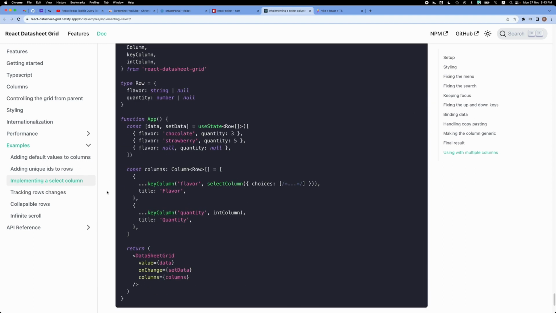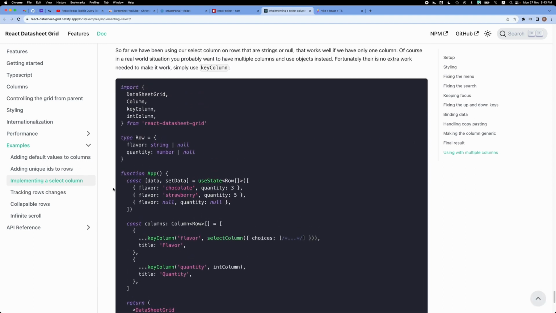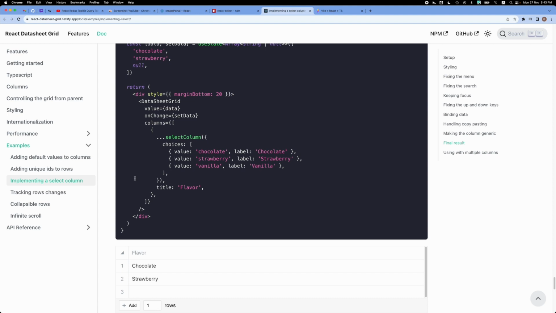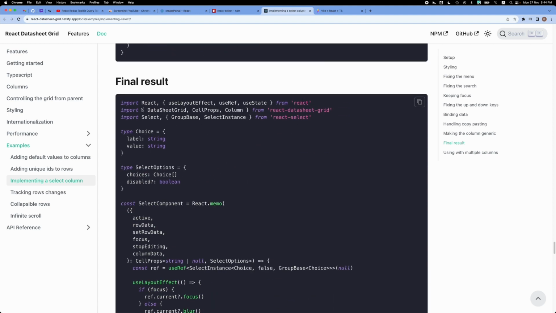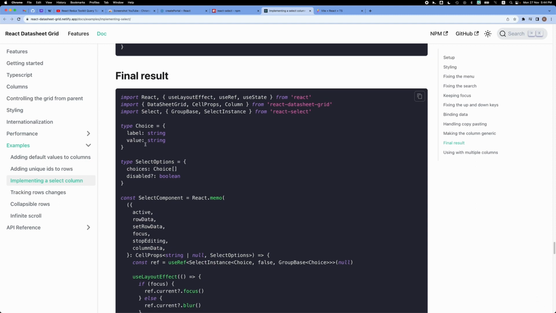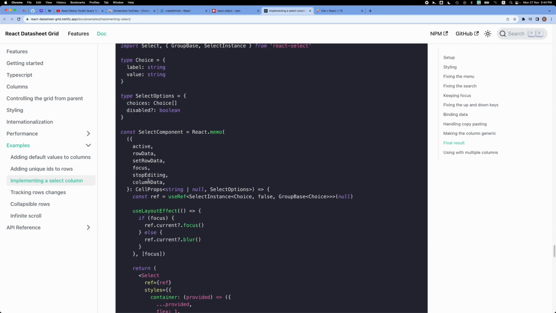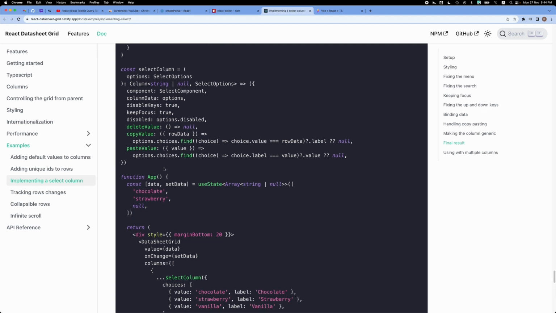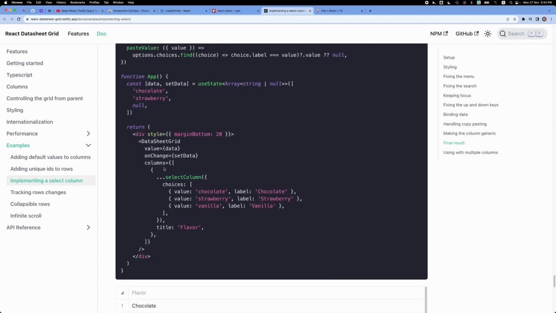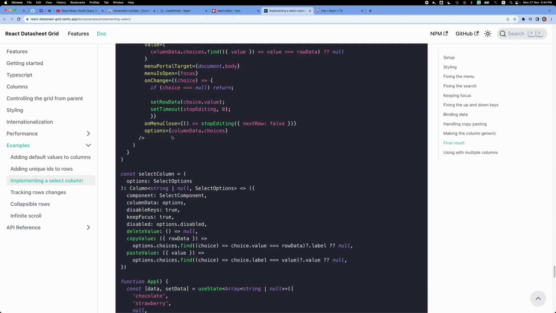There is no extra work. Okay, now I will just copy this code and choice. Okay, I will copy this code. Wow, this is way too big for